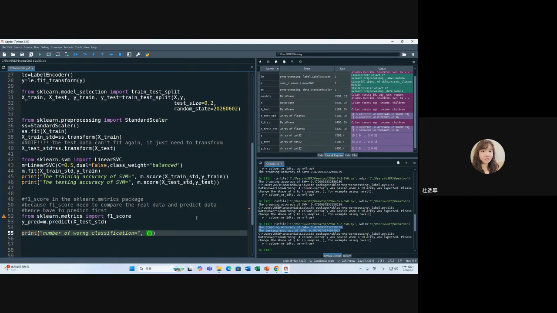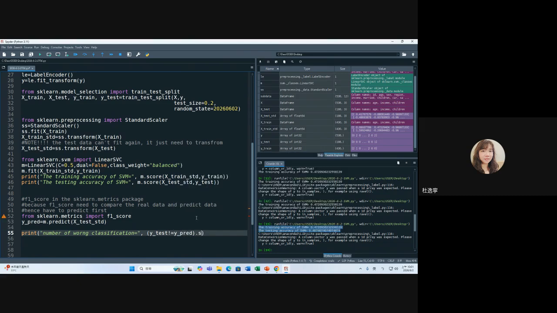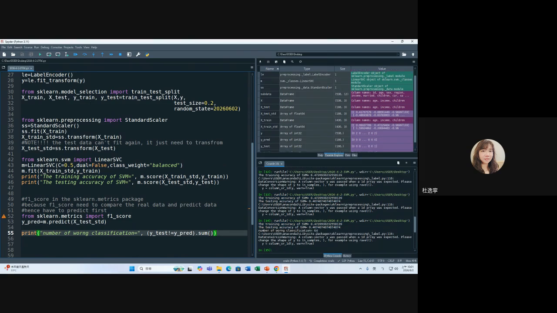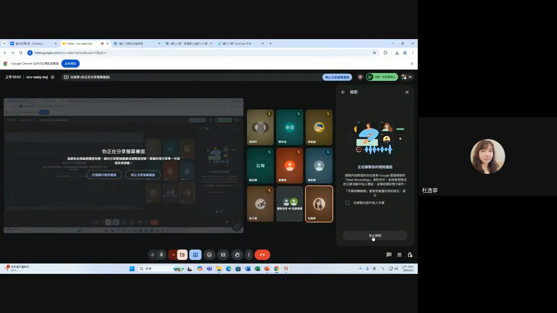Okay, it means y test not equal your y predict. 那这些数字把它加起来，就是你总共猜错了64个。那剩下我们在3堂课把它完成，先这样。你确定你的知识到这里？